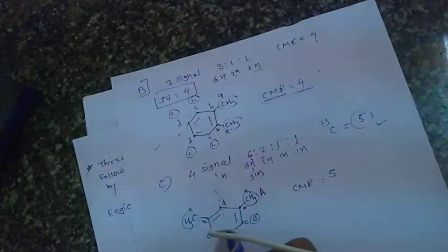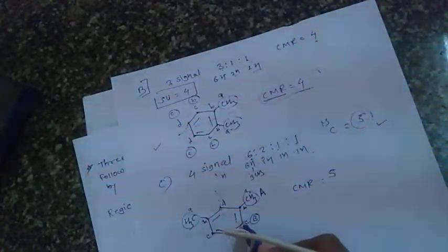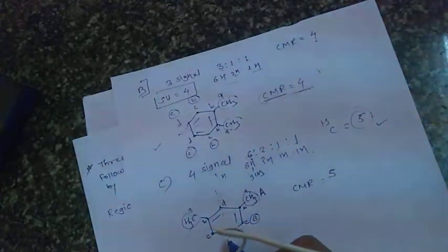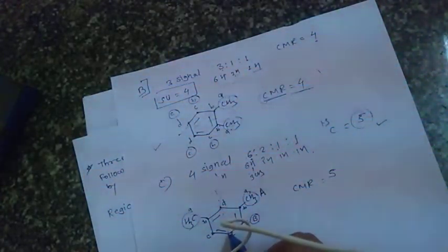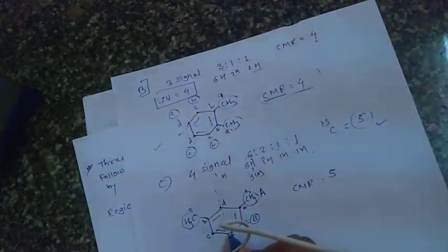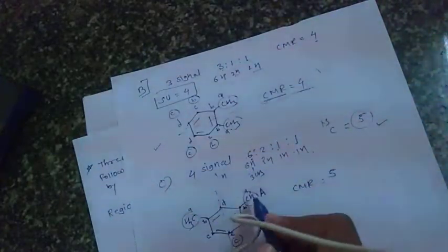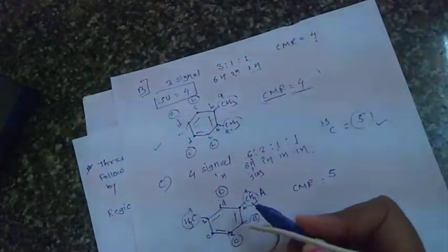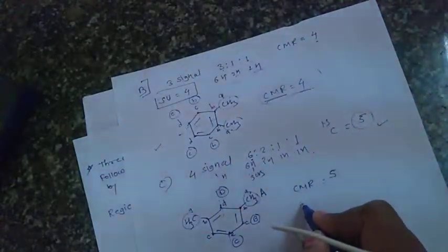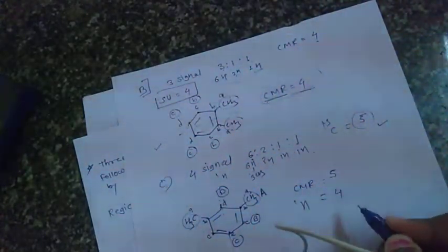Okay, if we take a plane, that time these 2 carbons show the same signal. That means B type of signal. This carbon, the CH group, only 1 CH is there. Okay, this shows C type of signal, and this another CH shows the D type of signal. That means H1 NMR shows 4 signals.